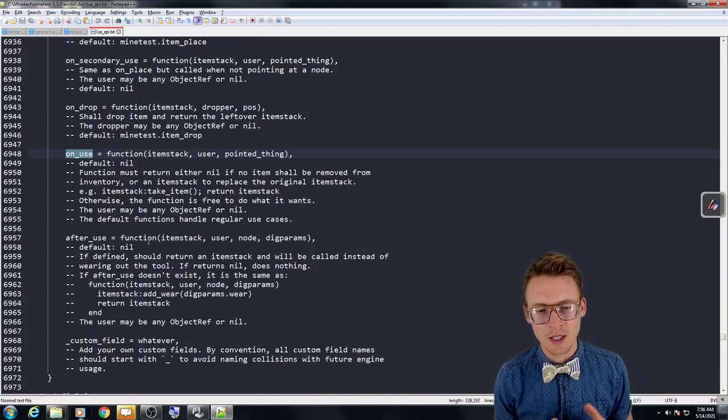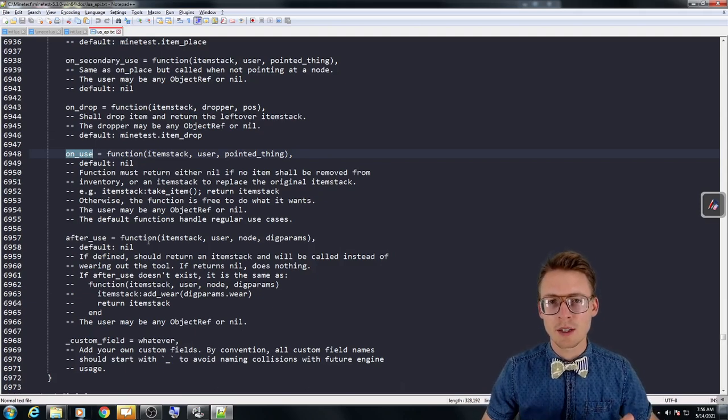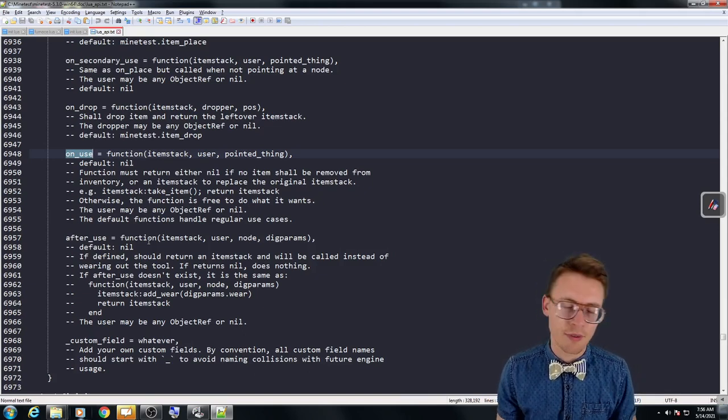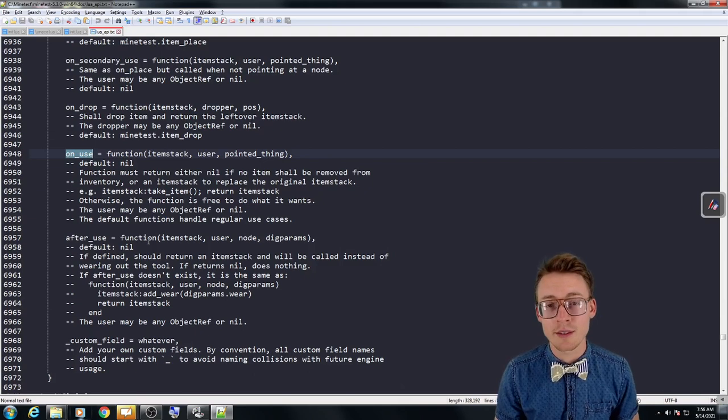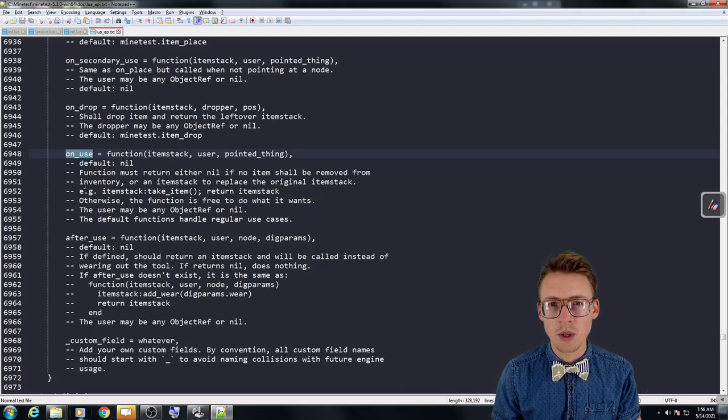Okay, so last time we were using onUse. We set up a craft item and then a callback onUse so that when we consume this soda, it will affect the player. Now, an important piece of the puzzle before we can get into actually affecting the physics of the player and things like that is we need to understand part of the variables that are passed into onUse. Here is the Lua API